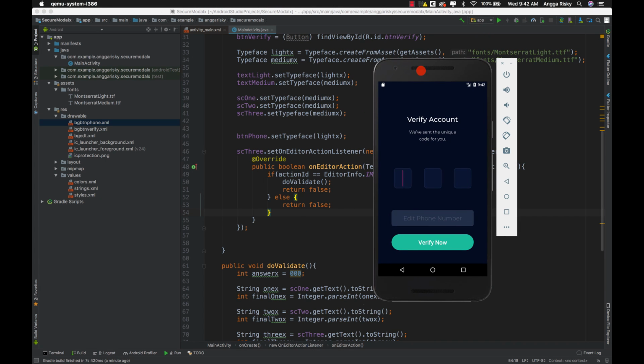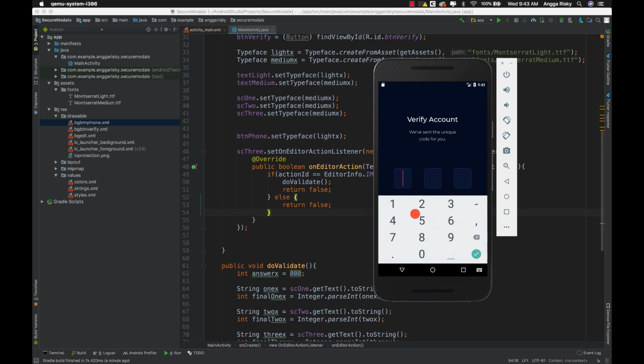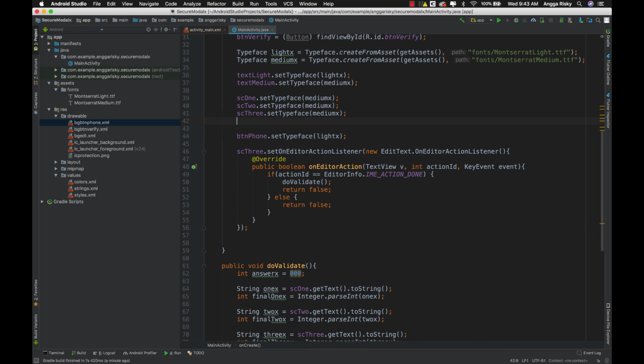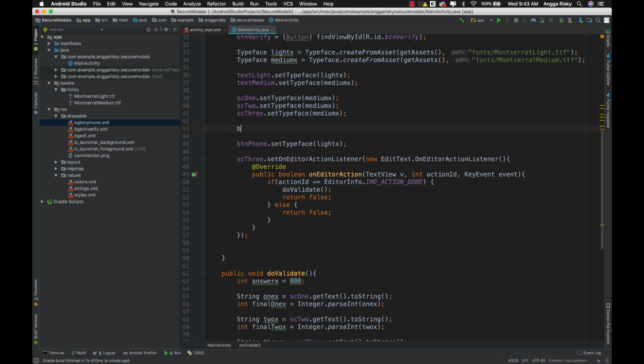So this is the program that we did, and I put 0, 0 and 0. You see this checklist button, it will validate the data. You see, it's working. But the problem is this button is already appearing, so that's why we have to put here button verify set alpha 0.